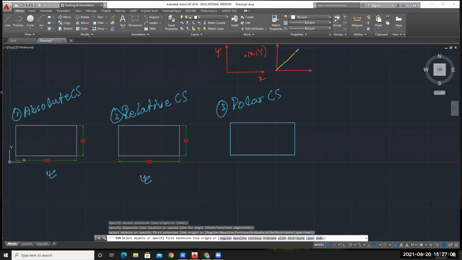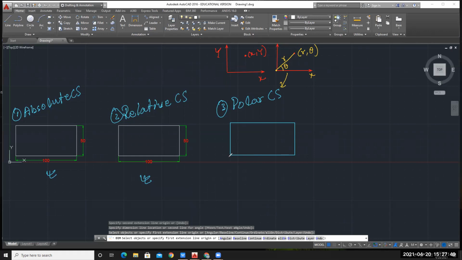So when you connect this point with your origin, it will make some angle with your x-axis, if this is your x-axis. So it is making an angle theta, and how far is that point from this origin? Suppose it is at a distance of r. So in polar coordinate system, the coordinate of this point is r comma theta. Got my point? So now we will give the coordinate values of this rectangle using your polar coordinate system.